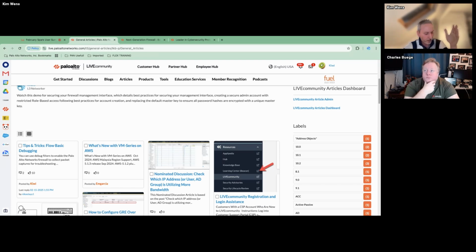But other than their distinct differences as content types, blogs and articles function mostly in the same way, in the way that they